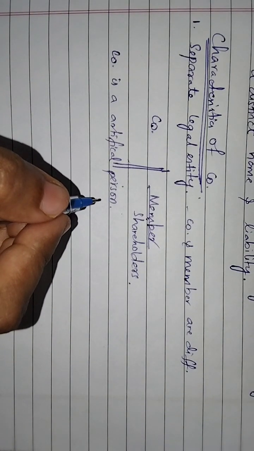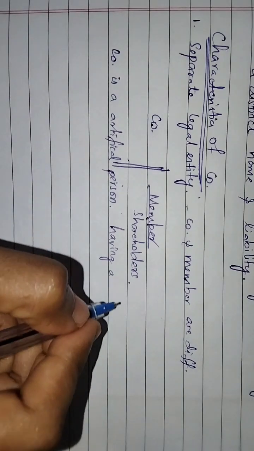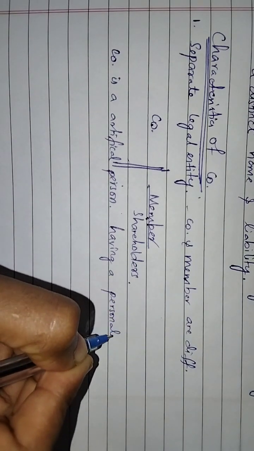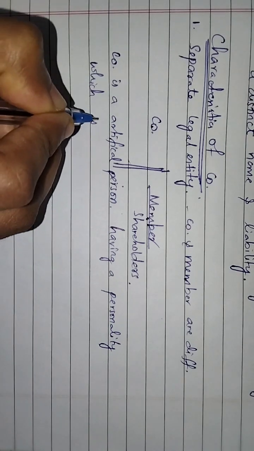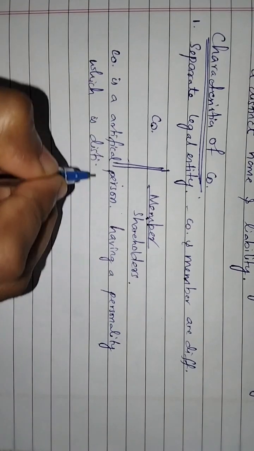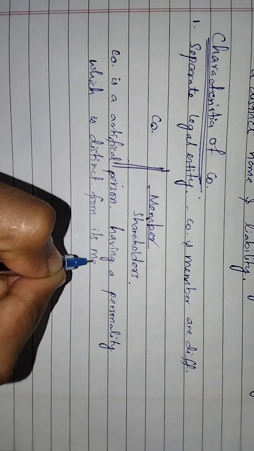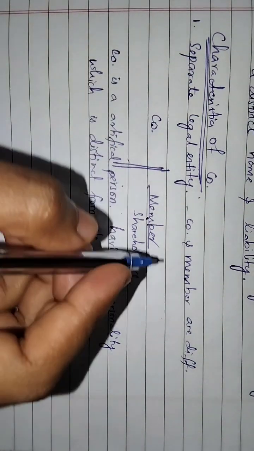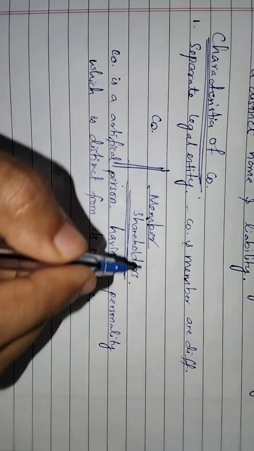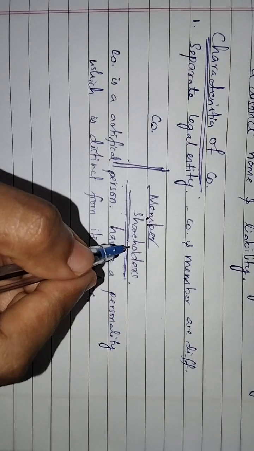Company is an artificial person. It is not a natural person. It has its own personality, a personality which is distinct from its members. Always, if there is a shareholder,